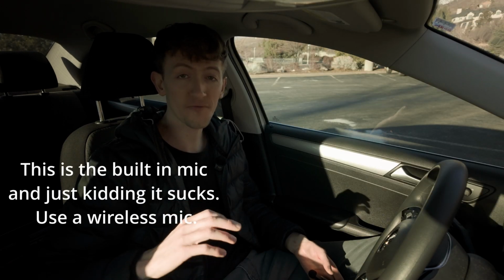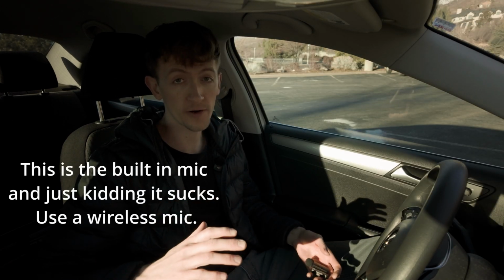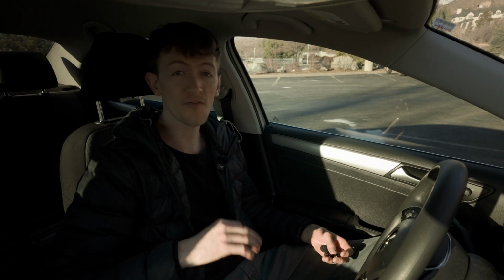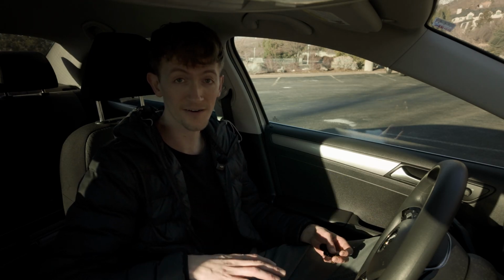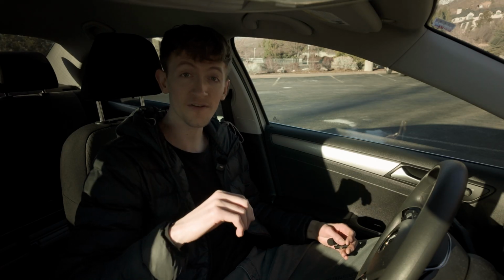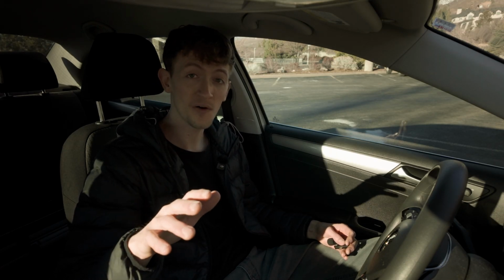The built-in mic performs surprisingly well in quieter environments. But what I've come to appreciate even more is how flexible the audio options are. You can use DJI's wireless mics like this Mini, where the receiver is built into the camera, or you can